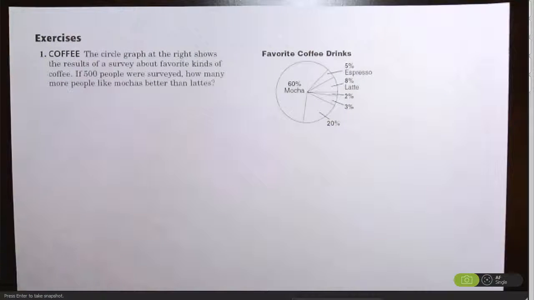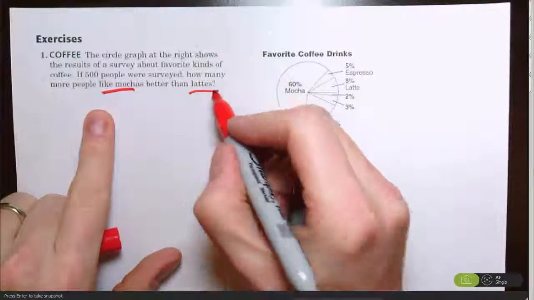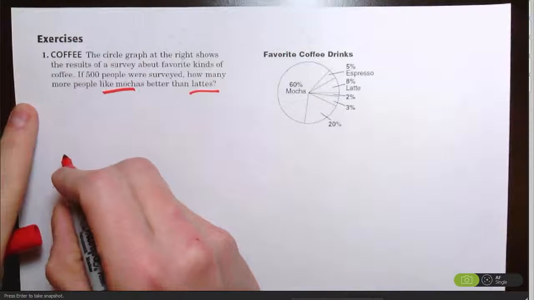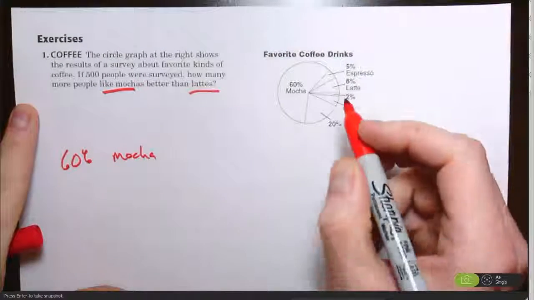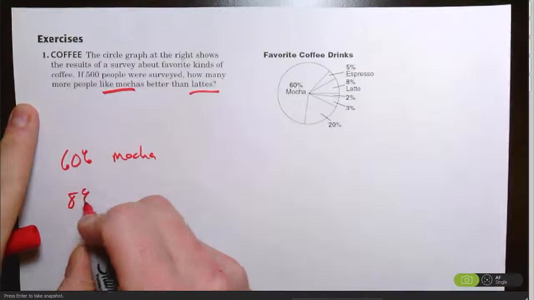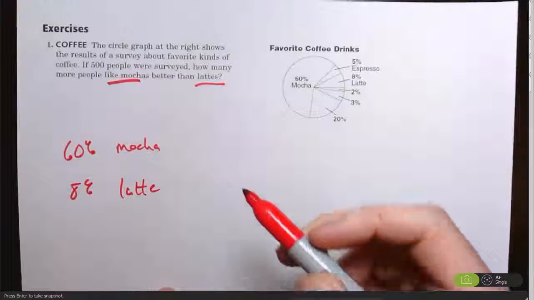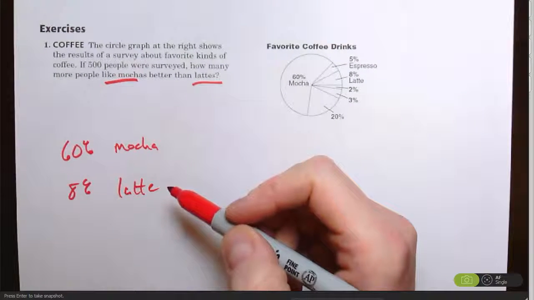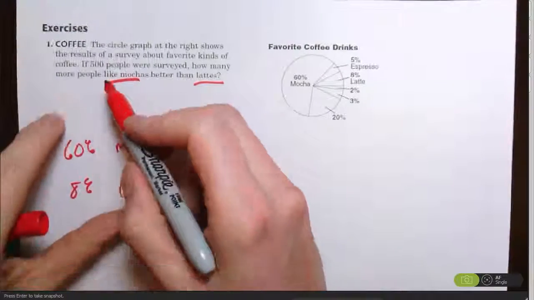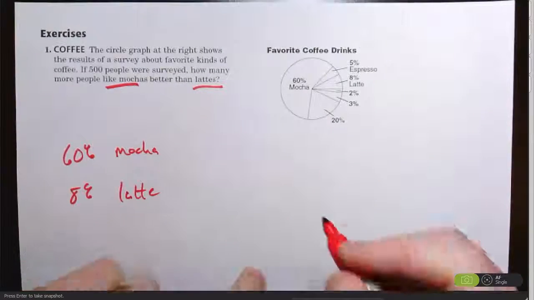We're trying to figure out how many more like mochas than lattes. Well, we know 60% prefer mocha and 8% prefer a latte. So we know obviously mocha is more than latte, but the question is how many more? Well, what that means is we've got to find 60% of 500 and 8% of 500. So for mocha,